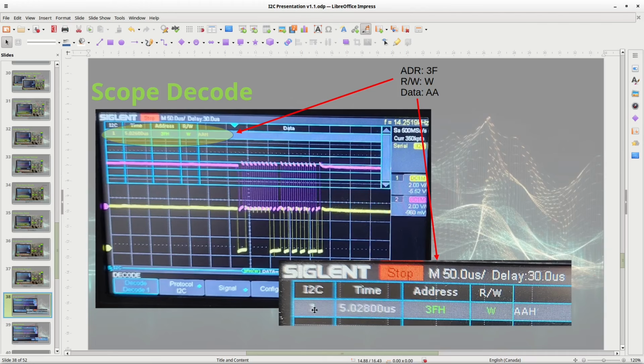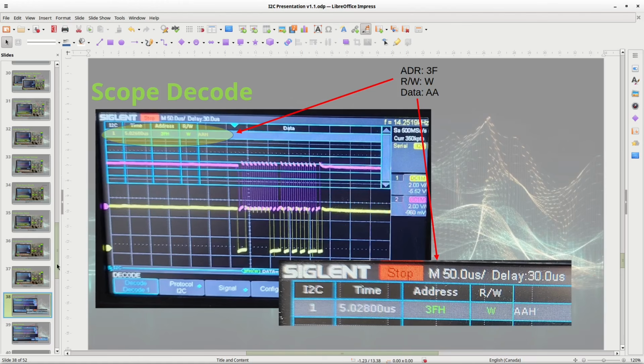Now notice it's saying, for capture number 1, it's I squared C, address 3F, which is correct, read write is right, and data is AA, which is absolutely bang on. So you can see it's working.